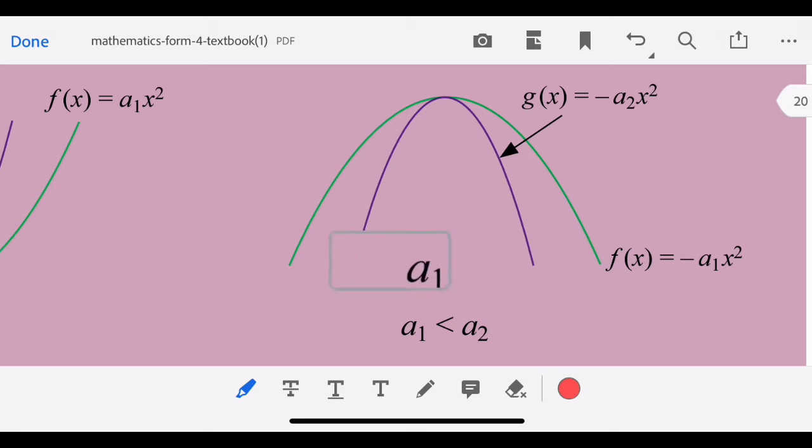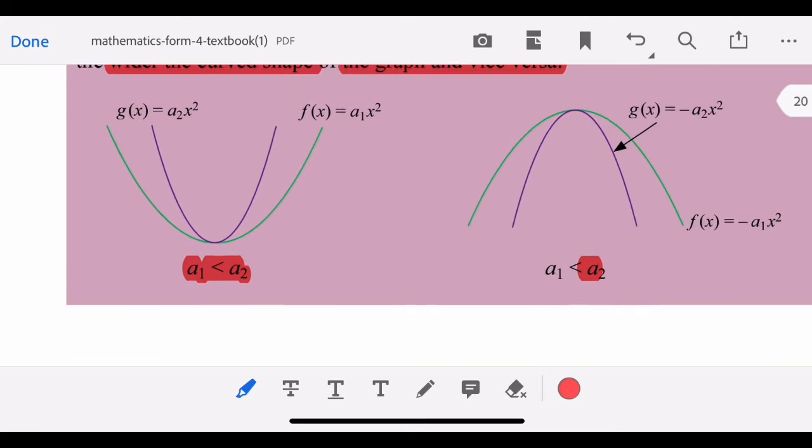So if the a1 is less than a2 in terms of the magnitude, the shape of the quadratic function is open up wider when the a1 is less than a2. Whereas for the a2, which is a value bigger than a1, the shape of the quadratic function is in purple color and it is narrower. It's open up narrower in an n shape because the a is negative, right? So